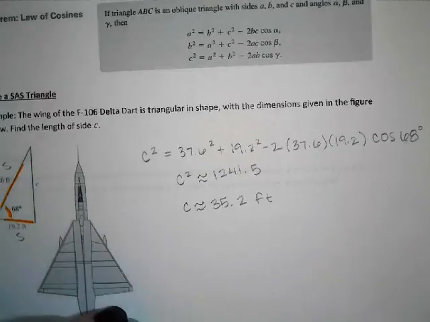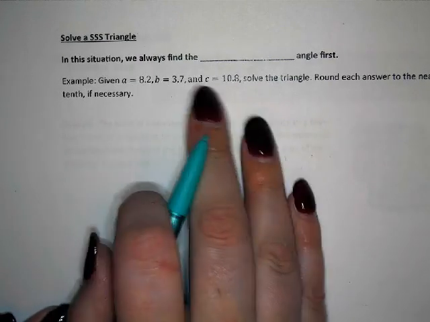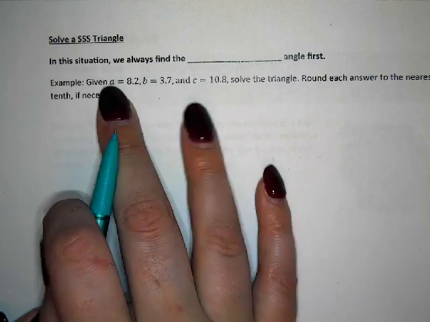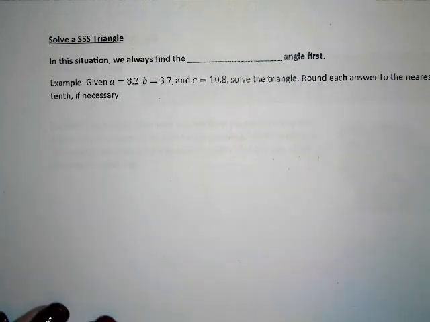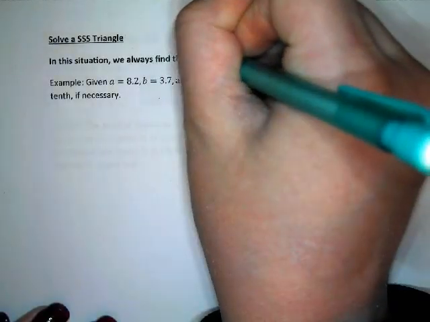Here next we have an example where they're giving you all three sides. And if they give you all three sides of a triangle, then obviously all we have to solve for, if we needed to solve the triangle, are the angles. And in this situation, we're always going to find the largest